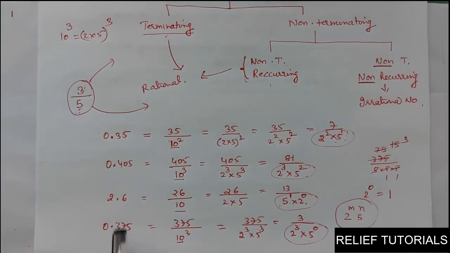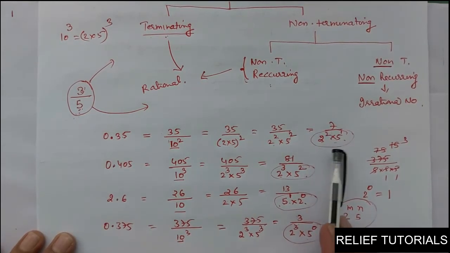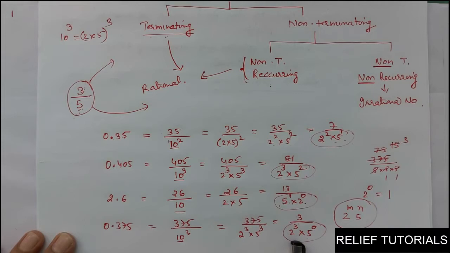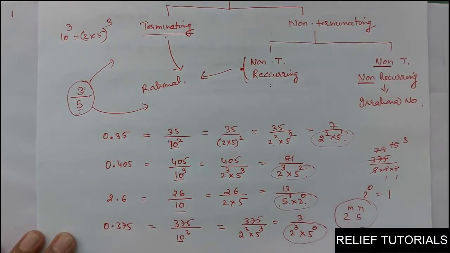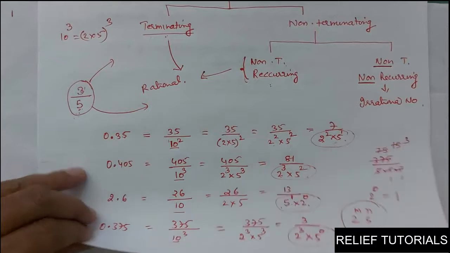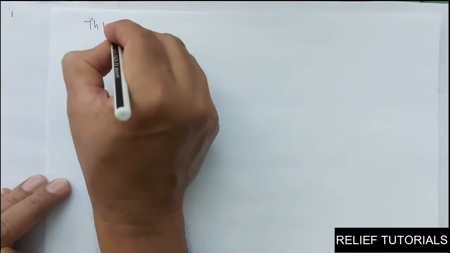So have you got it, friends? All terminating decimals are like this, and in their P by Q form, the denominator has some pattern. It has prime factors 2 and 5 only. That is, it is of the form 2 raised to m and 5 raised to n, where m and n are both non-negative integers. So based on this we can frame a theorem. Clear? So what is that theorem? We can say that the theorem is called theorem 1.5.